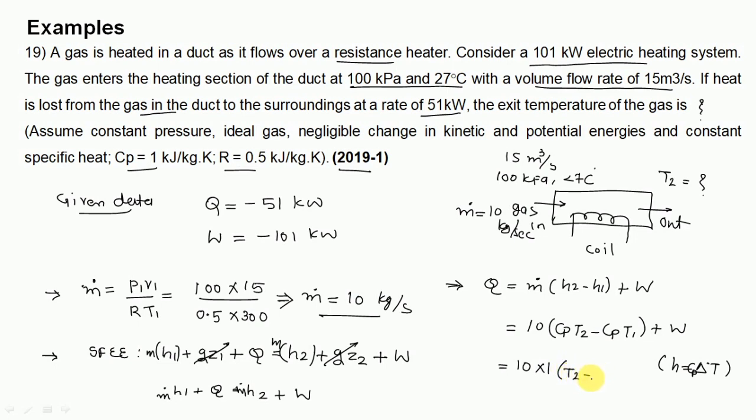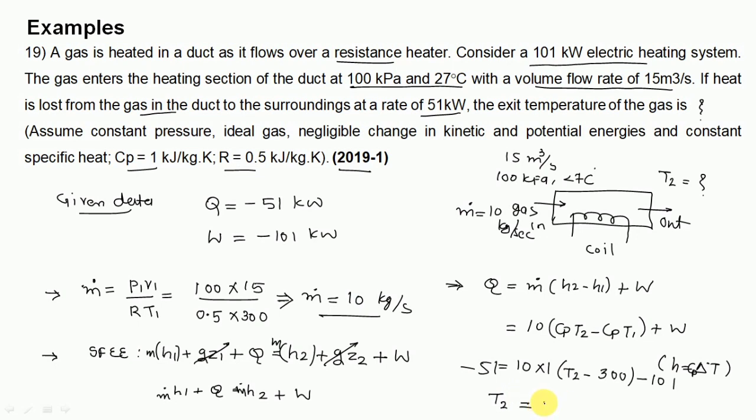T1 is given as 300 Kelvin, W is minus 101, and Q is minus 51. From the given details you can calculate T2,